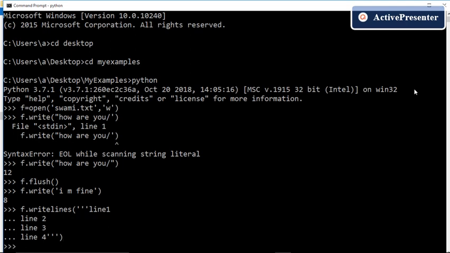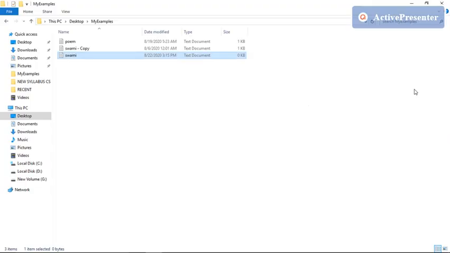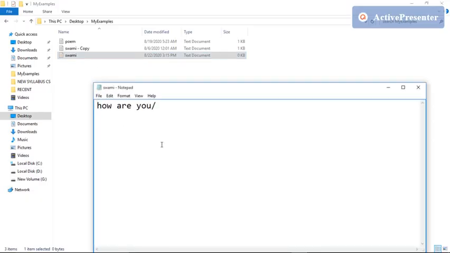Now let us check the content again. Let us check whether this matter that I have just written is reflected or not. So for that I am opening the file again, and you can see that we have no. So the content we have just written is not reflected. The reason is again same.